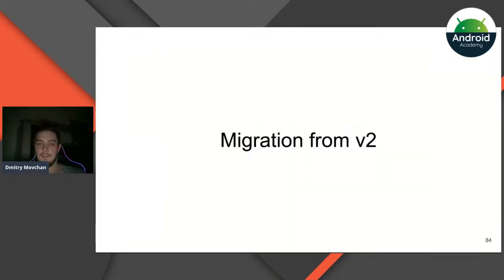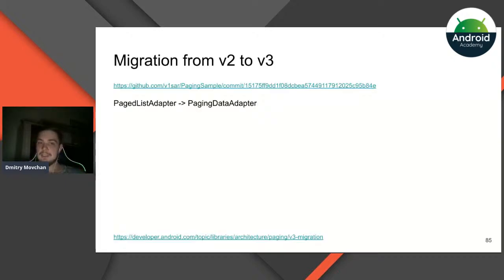So basically, the only thing that is left to say is about migration from Paging Library version 2. I made this migration inside my example application. So this is the link to the commit with this change. The first thing that you should change is your adapter name, an easy one.